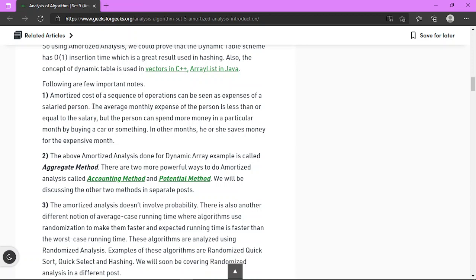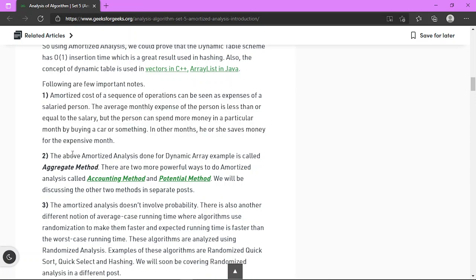He will not spend any money on other things, and will try to save money for buying that car. So in the first few months before August, the cost will be less. And in the month of August, where he has to actually purchase the car, the expense will be more. So this can also be understood like this.